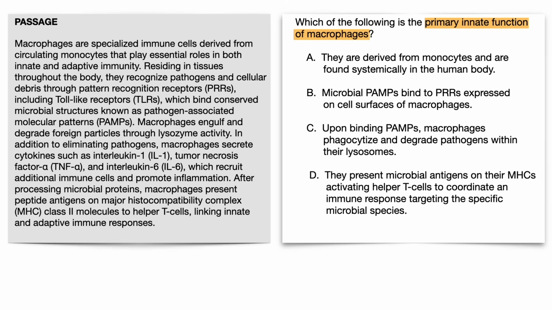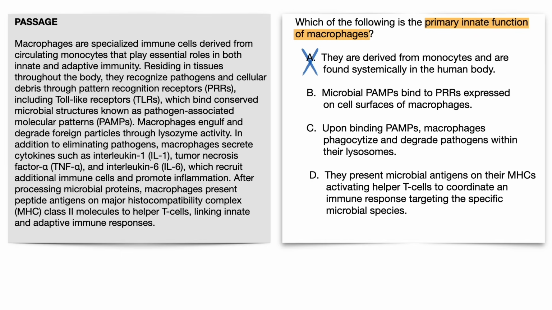For example, answer choice A is fundamentally true and may or may not come up in the passage, but regardless, this answer about what they are and where they are is not actually answering the question about the function of macrophages, so it must be eliminated before even going to the passage. This is especially important in case the passage explicitly says the same thing,